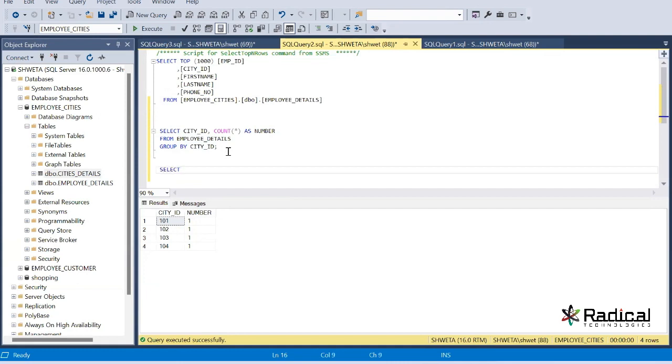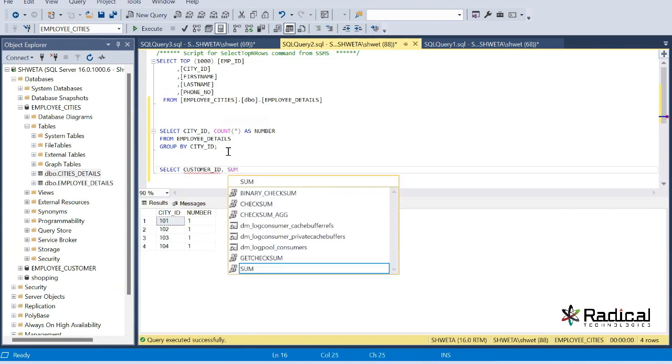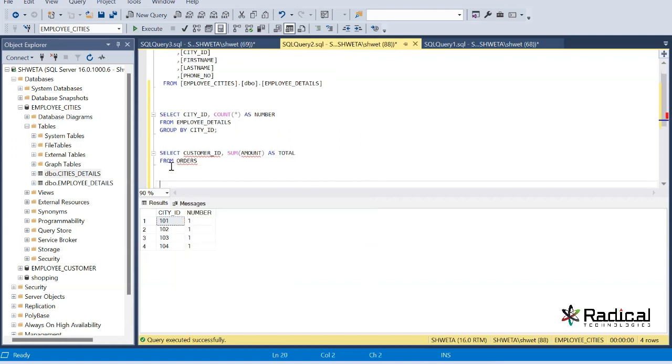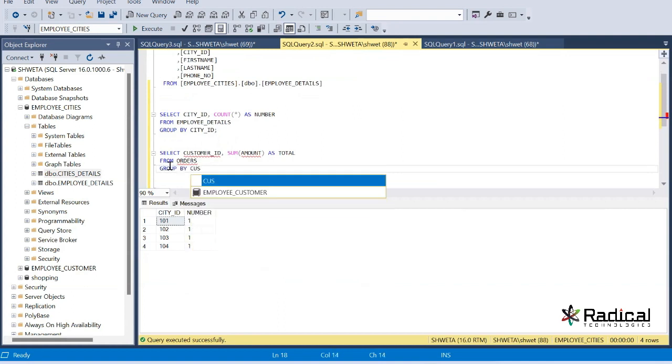फॉर एग्जांपल, इफ वी हैव कस्टमर टेबल है हमारे पास में, सो वी कैन हैव हियर कस्टमर आईडी. Okay, and now if you want to understand what is the amount generated by each of the customers, so I can give this customer amount as total. I want this column as total, and if this data is coming from orders table, okay, we have a orders table but we don't have amount, I think. Okay, and then you can group by based on the